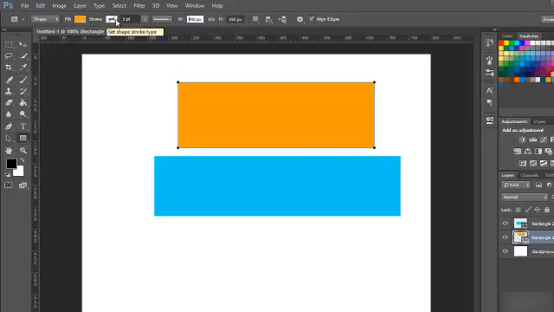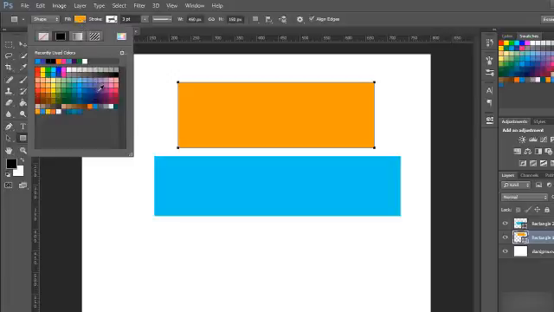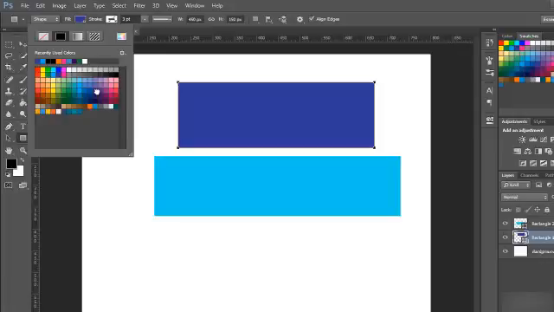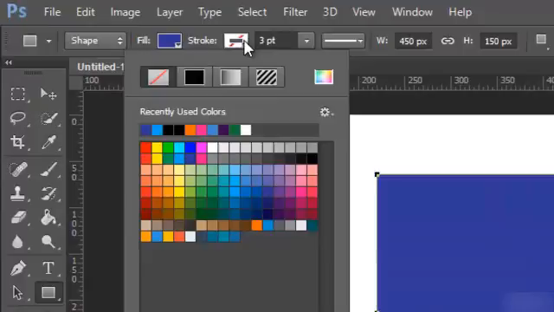There are many other things. Stroke, fill. Now you can ask, what is fill? Fill means color. See, change it to blue. So from here also you can change the color. Now you can ask, what is stroke? Stroke means border. This symbol means none. But you can